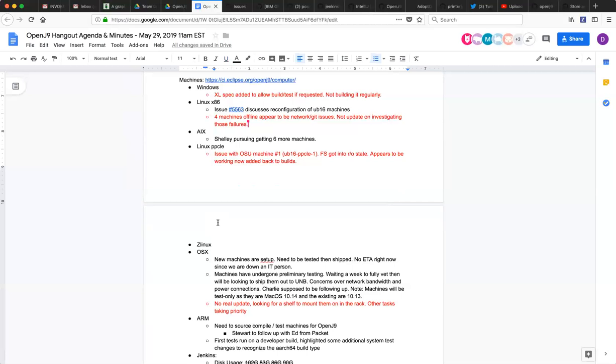Adam, for the Linux machines, with the decrease in capacity, are we seeing builds slowing down, or is it not hitting the nightly builds or pull request testing yet? I don't know if Pete has a comment on that. I can have a quick look here. Pete wasn't listening.